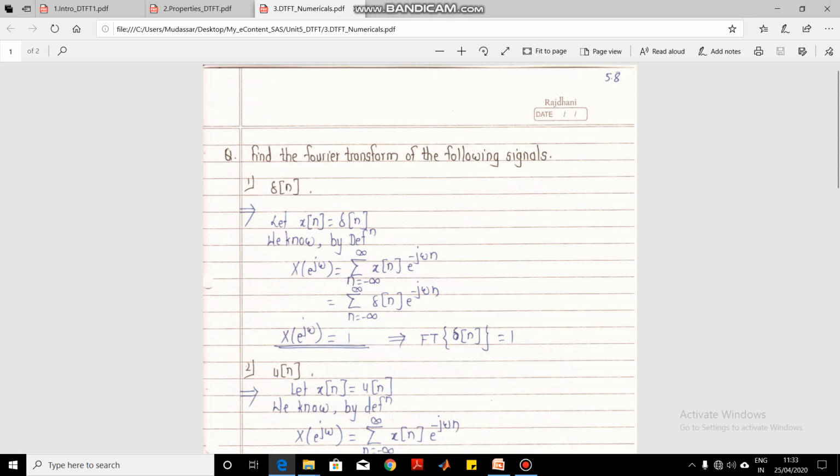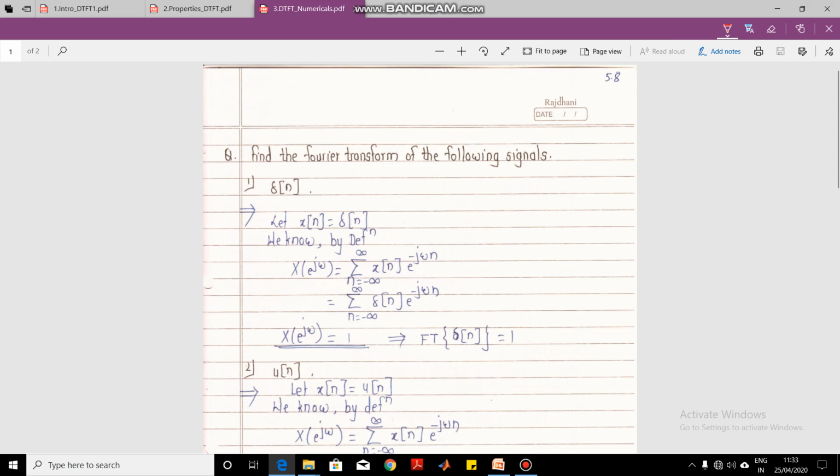Now let us see how we can get the discrete time Fourier transform of the most fundamental signal, that is del of n. Del of n is an impulse signal. So if you see this impulse signal, it is a discrete time aperiodic signal. So normally this DTFT is used for discrete time aperiodic signals. Okay. So now if I want to find out the discrete time Fourier transform of this signal, we know that